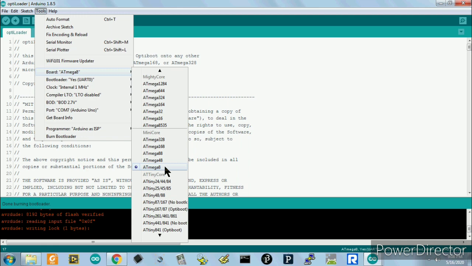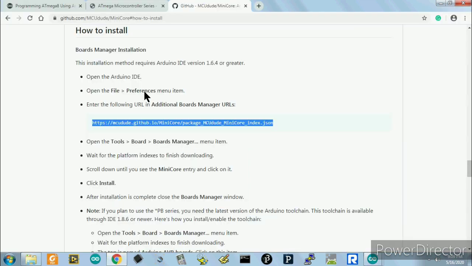First of all we have to add it in the board manager. I will show how to add the board manager in the Arduino. Since we are dealing with Atmega 8 and Atmega 8, 48, 88, 168, 328, these MiniCore microcontrollers, first I will show you how to add.